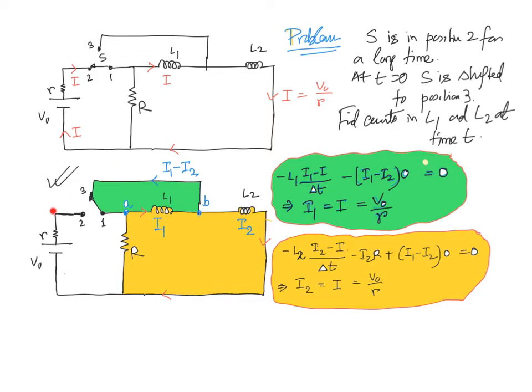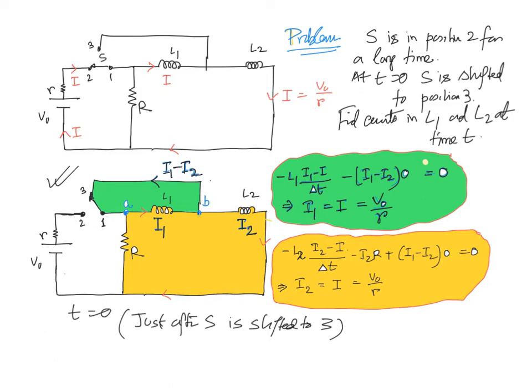Now let's get to this figure. This is the situation shown at time t equal to 0. Now what is time t equal to 0? Just after the switch is shifted to 3. Just after that, let the current in inductor 1 be I1 and inductor 2 be I2, and obviously, following the junction law, this is I1 minus I2, because through the battery no current will flow.